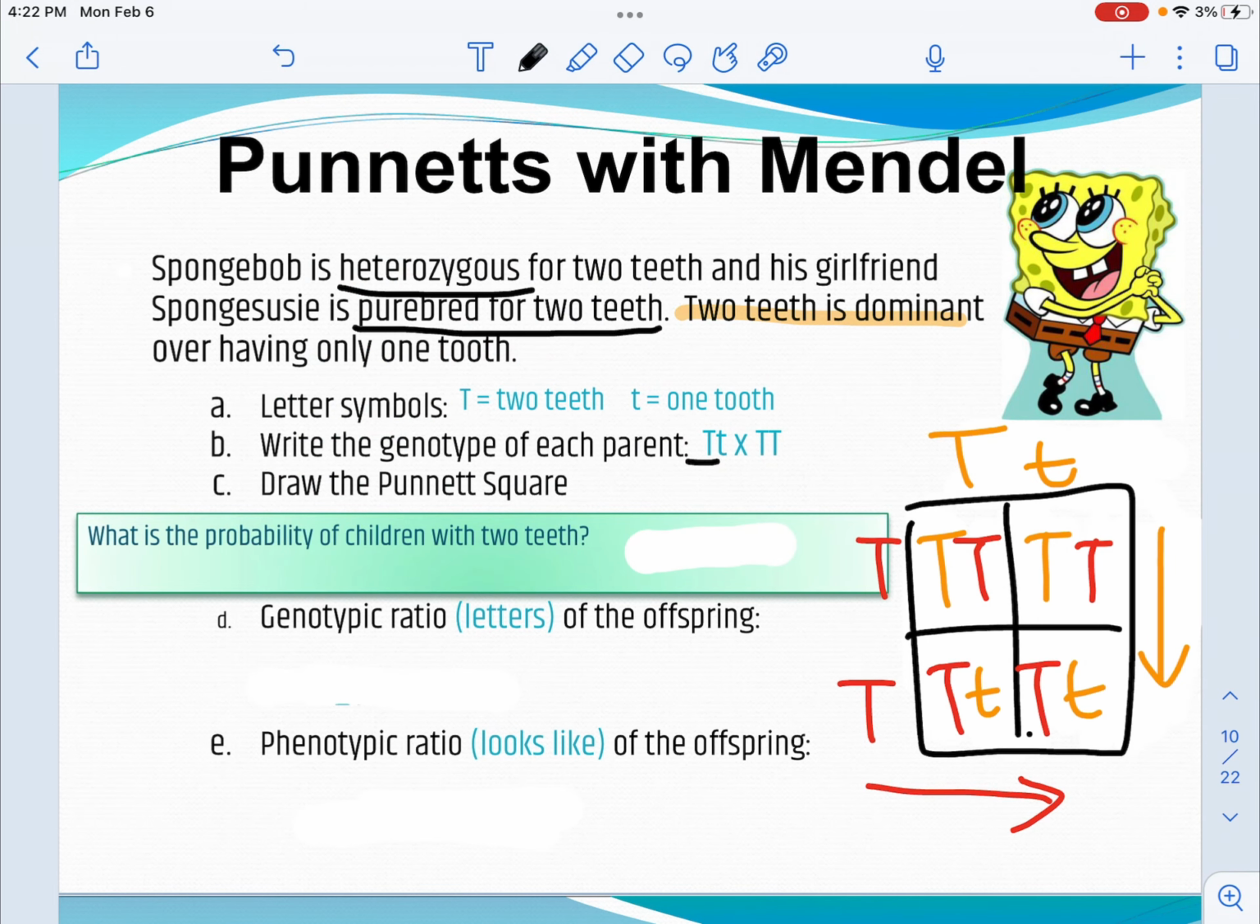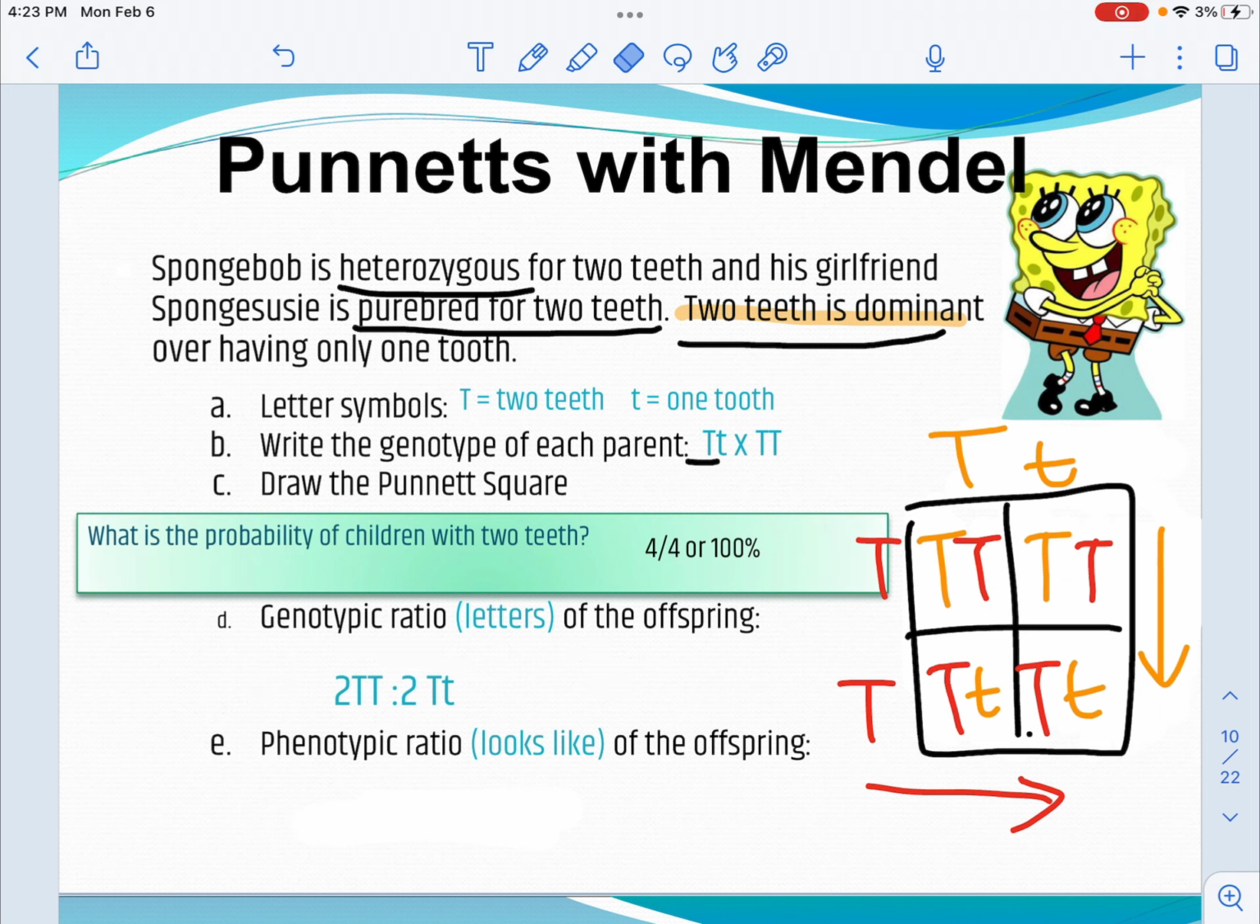So let's answer these questions. What is the probability that the children will have 2 teeth? Well, 2 teeth is the dominant trait, so as long as we have one capital letter present, then they'll have 2 teeth, which all 4 of our offspring do. So there's a 100% chance that the children will have 2 teeth. Let's look at our genotype ratio. We have two different genotypes. We have big T, big T, and big T, little t. And there are two of each of those. So our genotype ratio is going to be